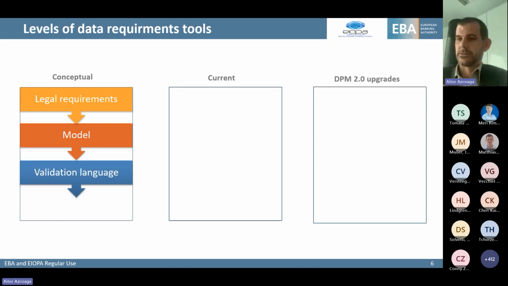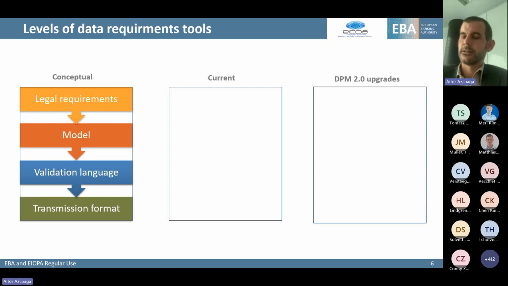Then we prepare the validation. In this case, we have our validation language, or you may have some kind of validation language, because normally in regulatory reporting you always need to do this type of validation, like you have Excel formulas when you are reporting in Excel, or in another language, you have quality checks at the end. And then on the lower level, you have the taxonomy format. In this case, we took XBRL.